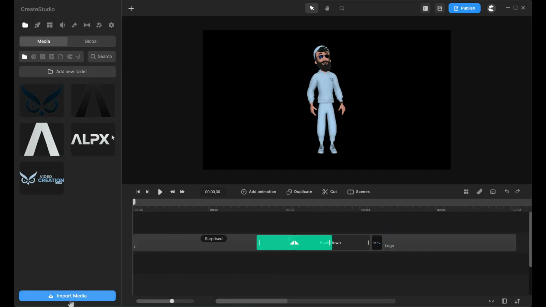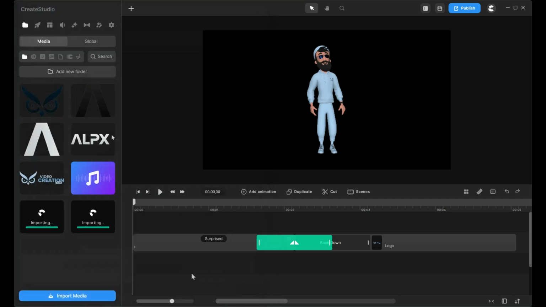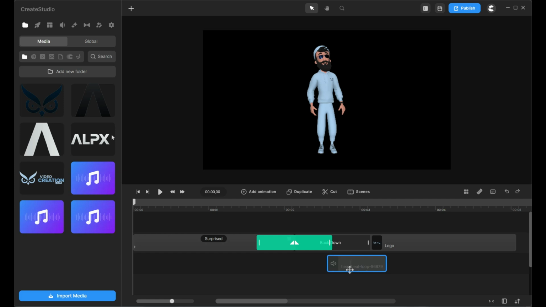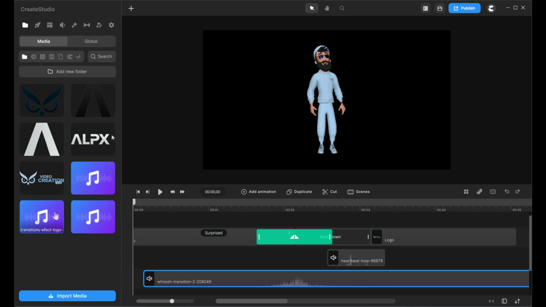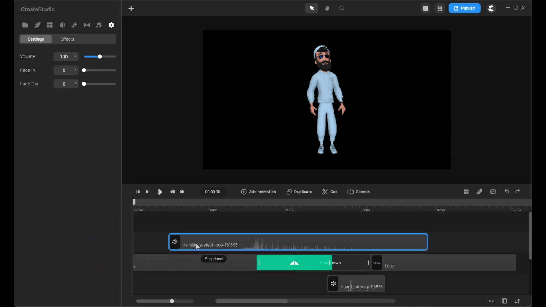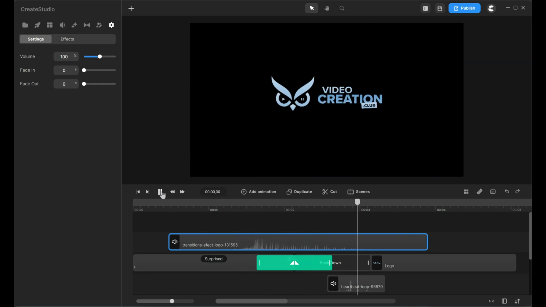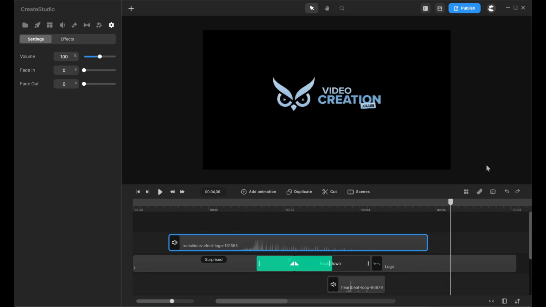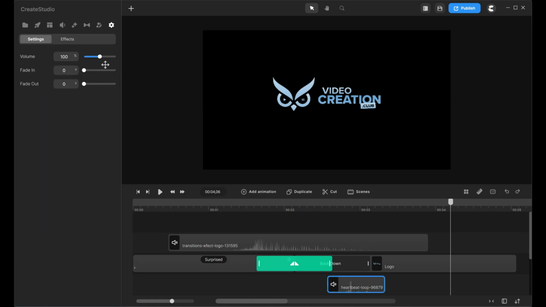To import them, go to the Media tab and click Import Media. Now, drag your sound effects onto the timeline and find the right spot. Play the video, listen to how the sounds match up, and make adjustments if needed until everything fits perfectly. If needed, you can adjust the volume of each sound effect by clicking on it and then modifying the volume